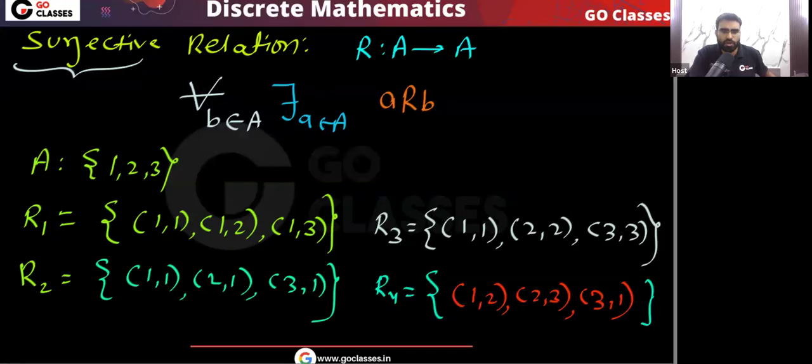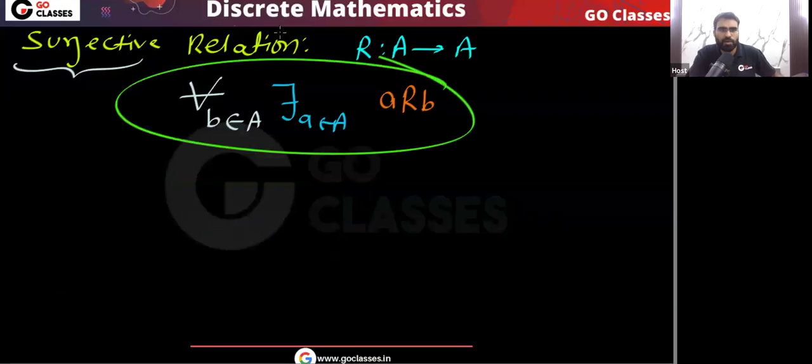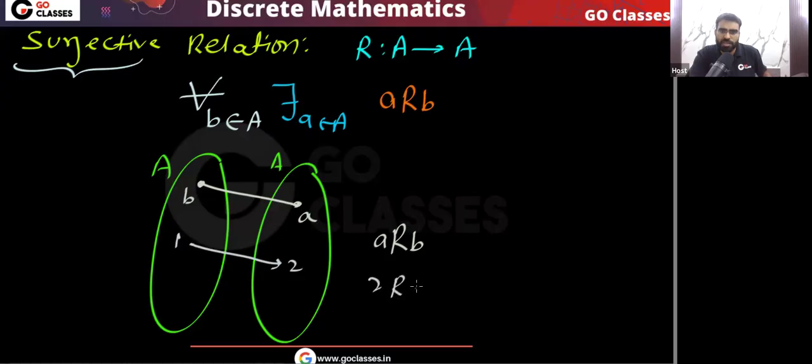First, you understand the definition of surjective relation. So let me tell you, look at this statement. This statement is saying that for every element, this is your set A and this is your set A. We are saying that for every element, there exists an element. Remember, for all there exists an element. Let's assume that this element is B, and this element is A. Then the question is saying that A is related to B. For example, let's assume this element is 1 and let's assume this element is 2. Then remember, we are saying that 2 is related to 1.